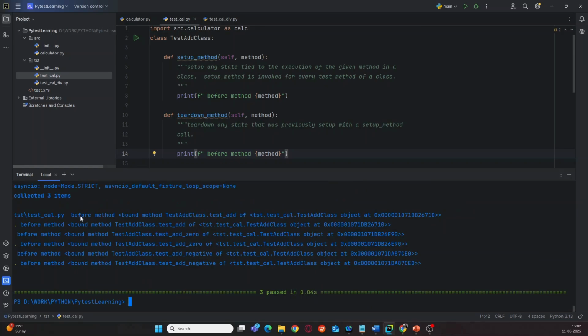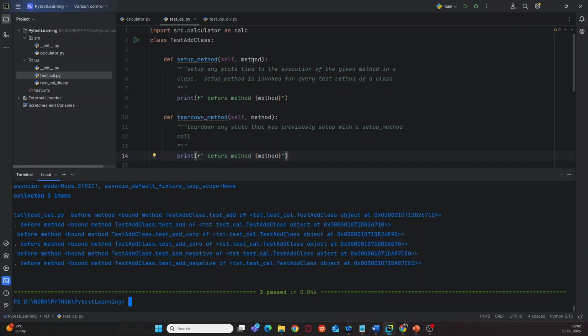You see, before method, this is the method. So the parameter method carries the instance of that particular method, right? So that is why it is printing like this. Okay, so this is how basically you can use a setup and teardown method, which will get executed before and